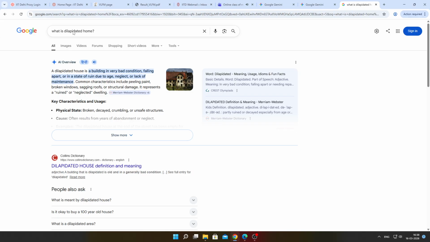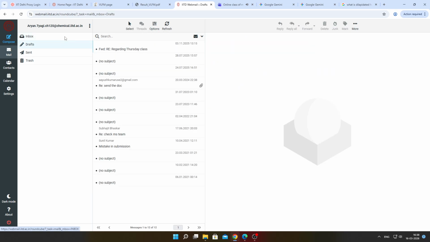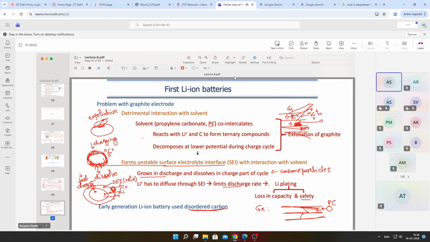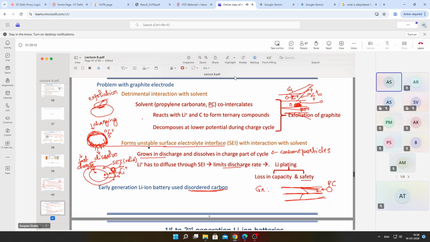You're removing it layer by layer, or several layers at a time. That is what is called exfoliation or skinning of the graphite sheet. And that is detrimental. So your negative particle is actually breaking down. It is getting deskinned. The other problem with this graphite electrode was that inherently the graphite electrode is unstable in